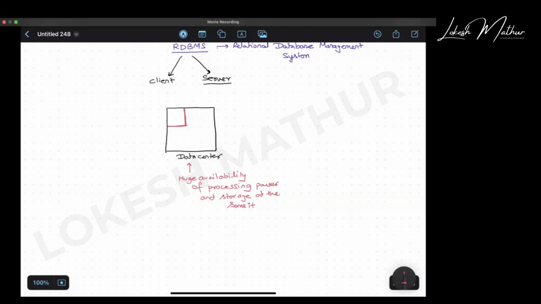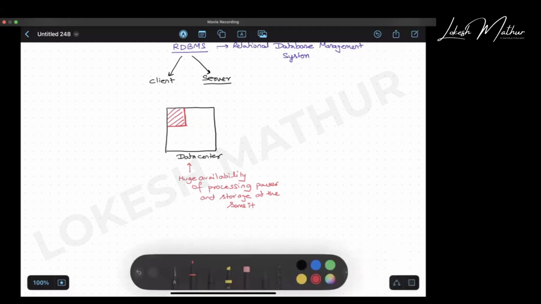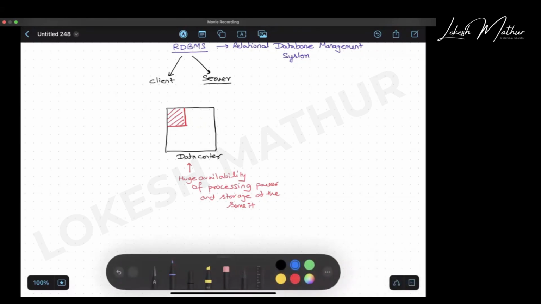Zomato decided that I will pay something to Google in exchange for this space in their data center. So now this space is managed and used by Zomato. This space is known as the data warehouse for Zomato, and Zomato has rented this from Google.